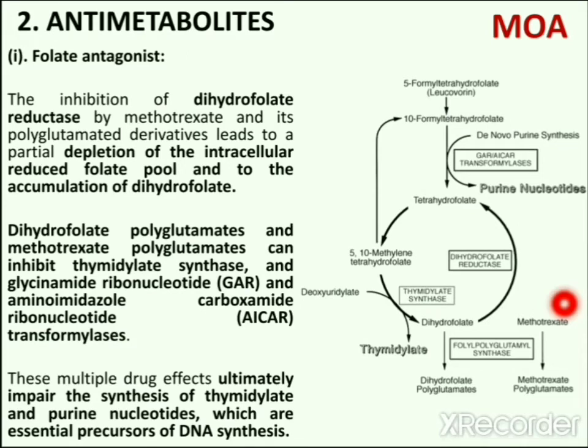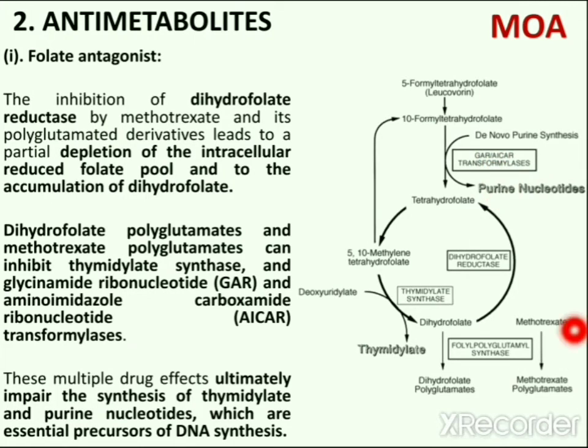Folate antagonist methotrexate inhibits the enzyme dihydrofolate reductase. Inhibition of dihydrofolate reductase leads to partial depletion of tetrahydrofolate cofactors 5,10 methylene tetrahydrofolic acid and 10-formyl tetrahydrofolic acid. These cofactors are essential for the respective synthesis of thymidylate and purines. In addition, methotrexate undergoes conversion to a series of polyglutamates in both normal and tumor cells, which inhibits the enzyme thymidylate synthase.